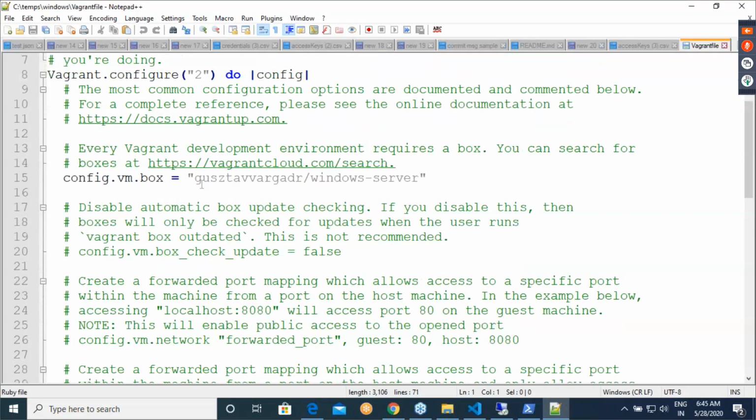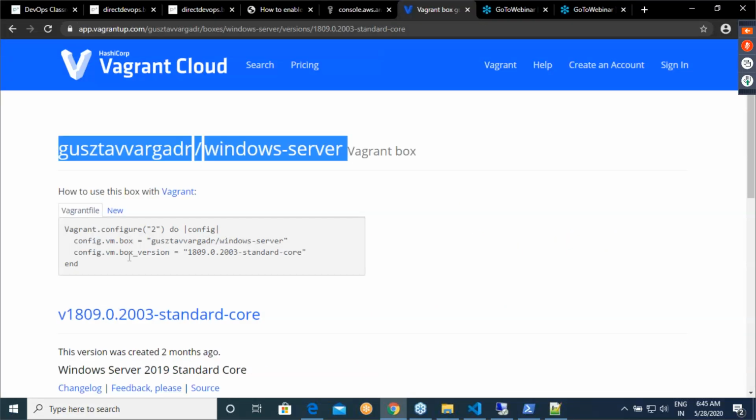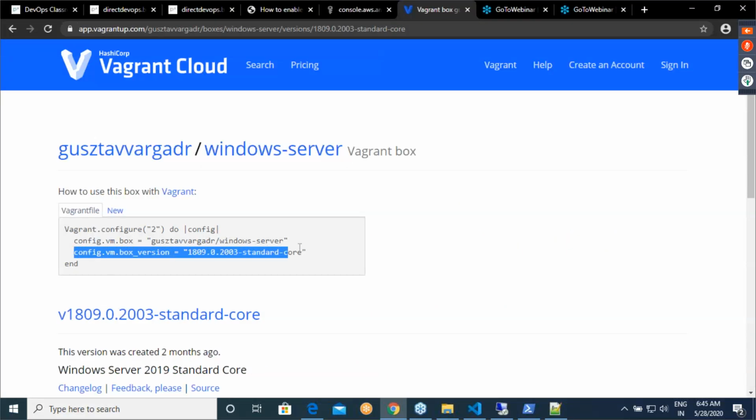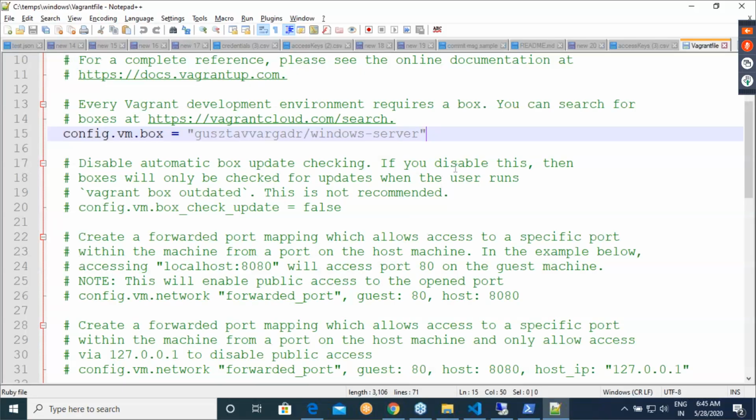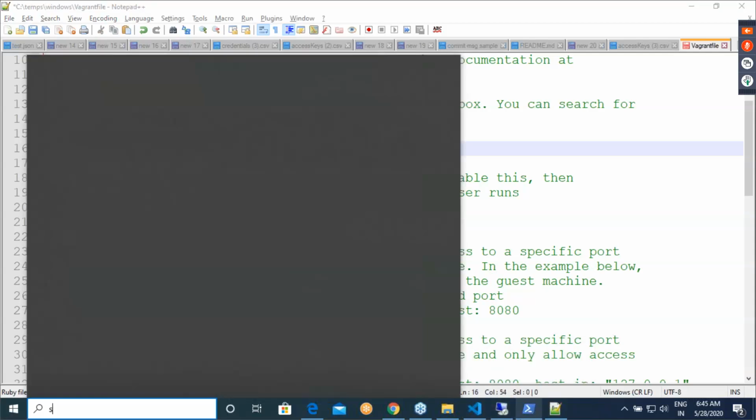Now edit this file. In this file, you will see something like config.vm.box equals Windows Server. Whenever you see that, you need to go and add this line also, immediately after that.